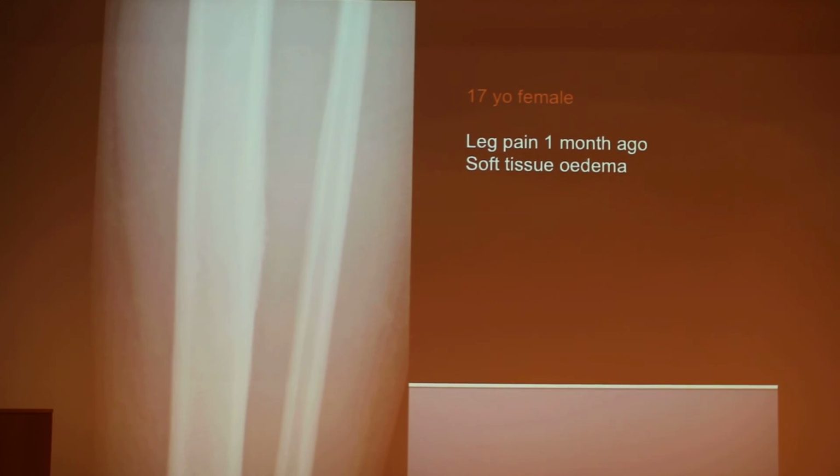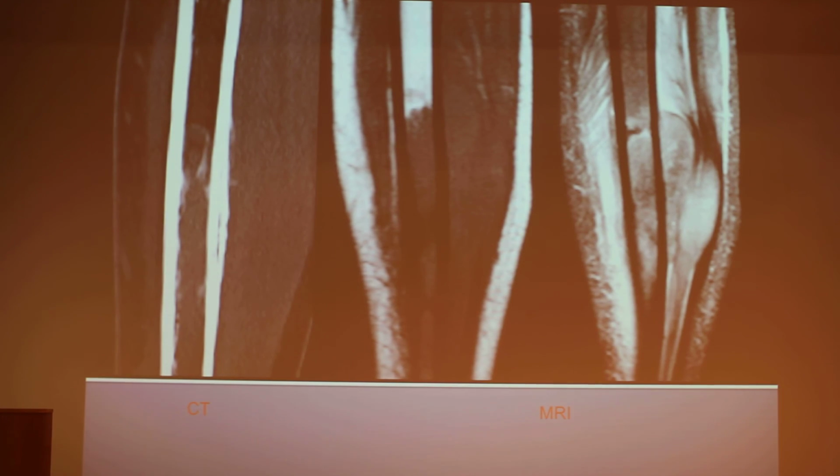Here is an example of a 17-year-old female with pain that started 1 month ago and soft tissue edema. Can you see something here on your X-rays? Cortical. Yeah, you have a puffy appearance here of the cortex, but it could really easily be missed. So we saw it too, and that's what we did. So here is the corresponding